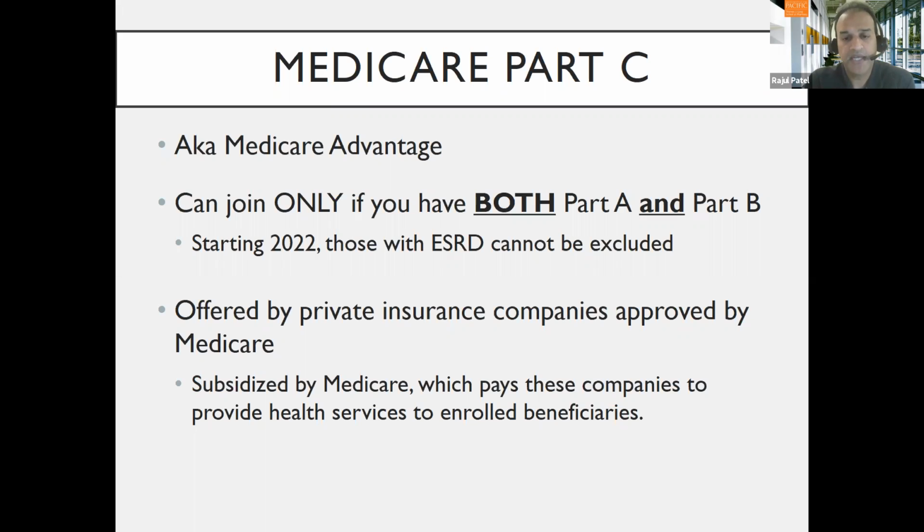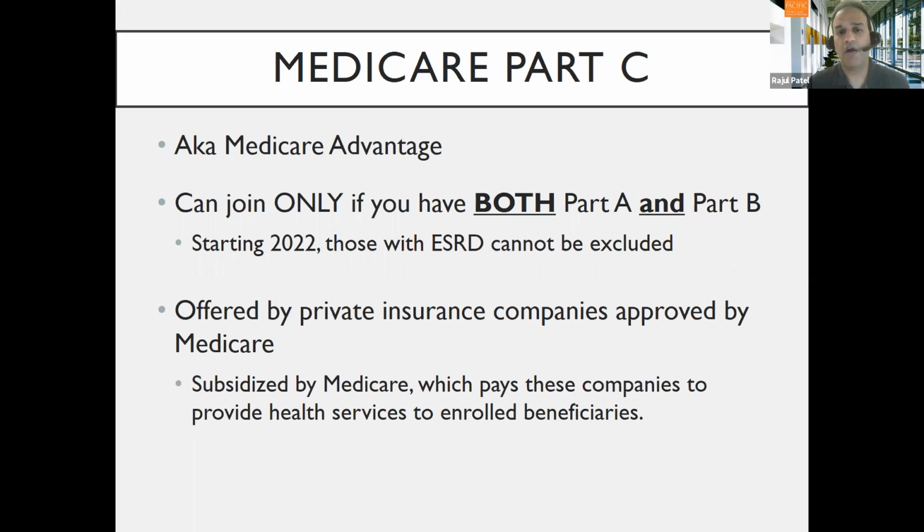So people who are receiving dialysis treatments or a kidney transplant have not been able to join a Medicare Part C plan. That exclusion is finally going to be removed starting January 1st of 2022, meaning no matter what your prior or current conditions are, whether end-stage renal disease, cancer, diabetes or any condition, if you have both Part A and B and you live in a county in which that Medicare Advantage plan is offered, they cannot refuse you the right to enroll in that plan. That's really a big benefit.